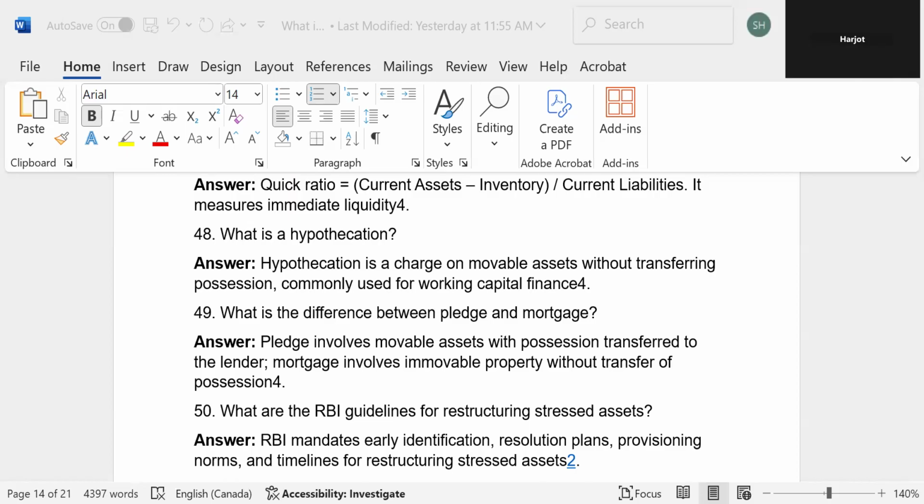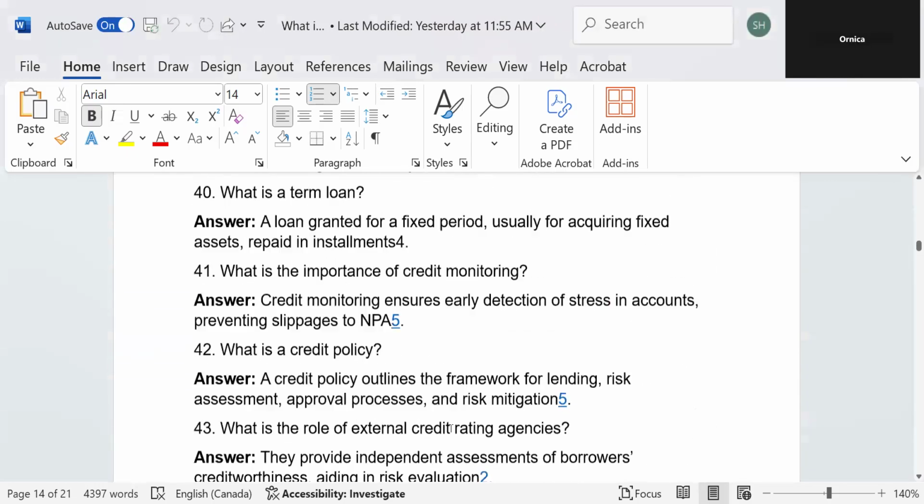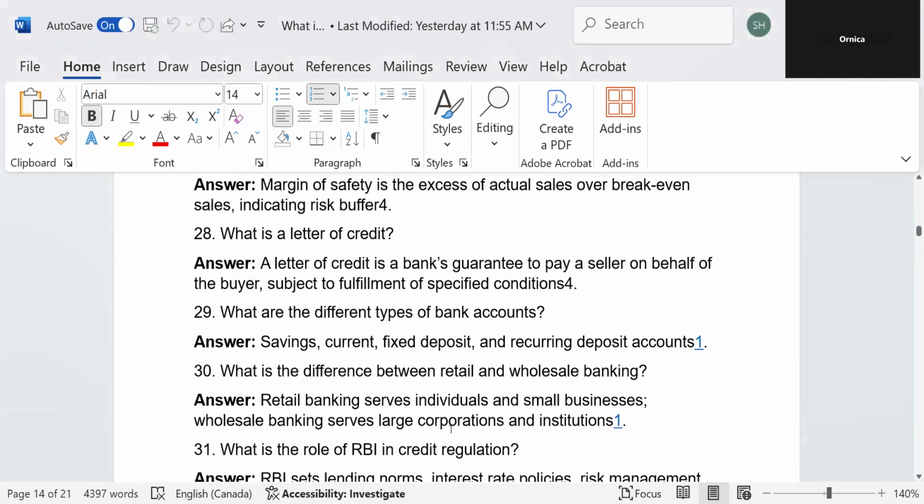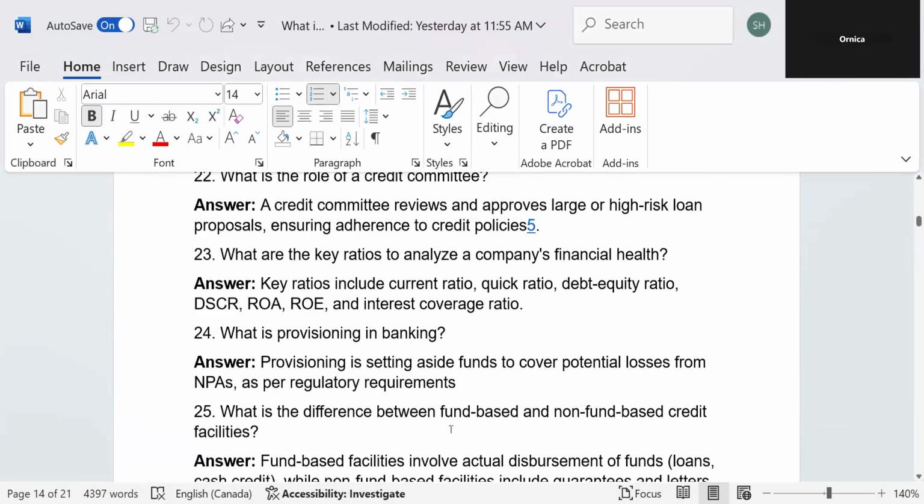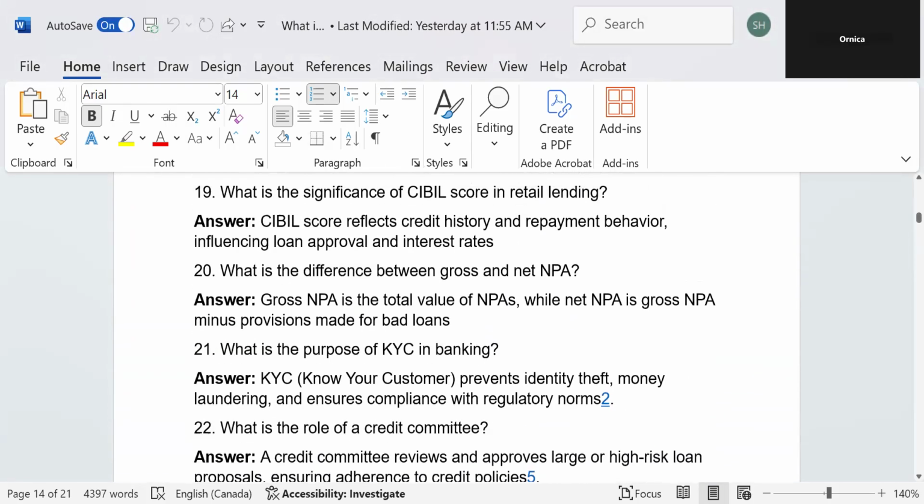Okay, sir. Now, sir, I have a doubt. Sir, like letter of credit and bank guarantee, we have several types. Do we have to go through all types? No, it is simply sufficient if you know what is letter of credit and